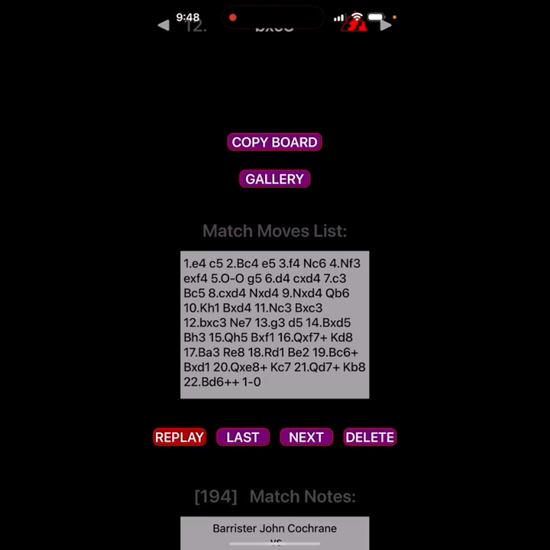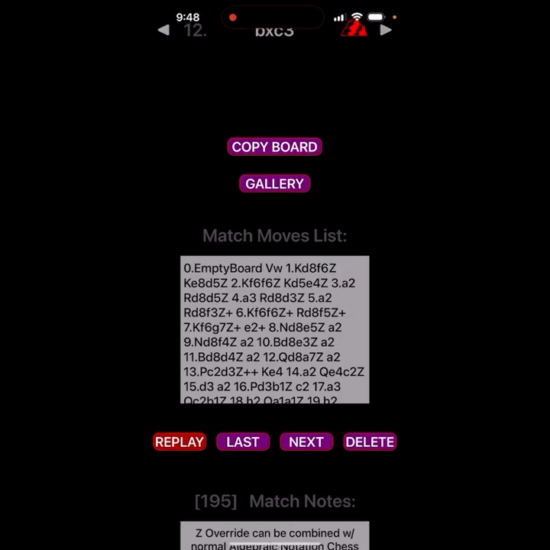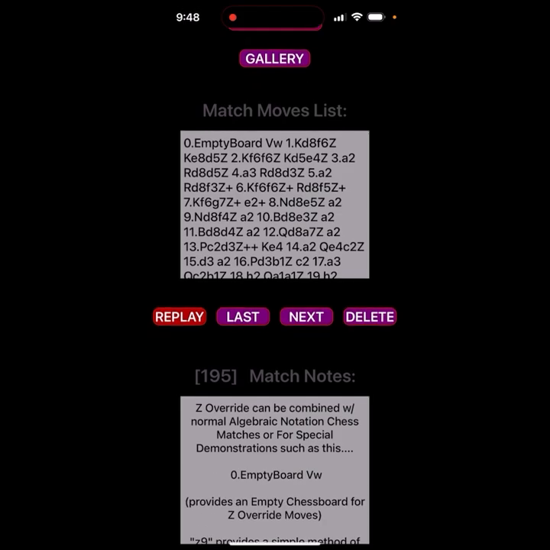The last thing I want to mention is pawn promotion. With ChessMatch2, you have 2 options for pawn promotion. We have what we call the Z override. And what Z override is, it's this. And so you can see